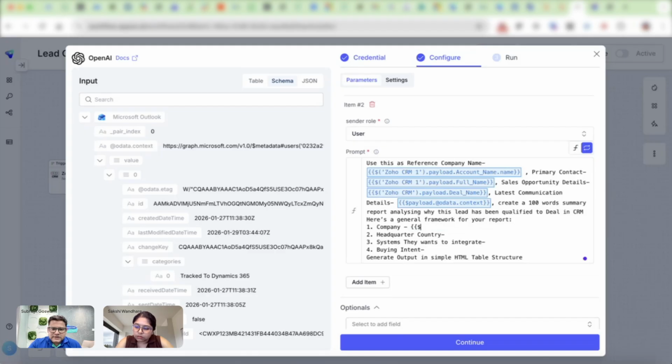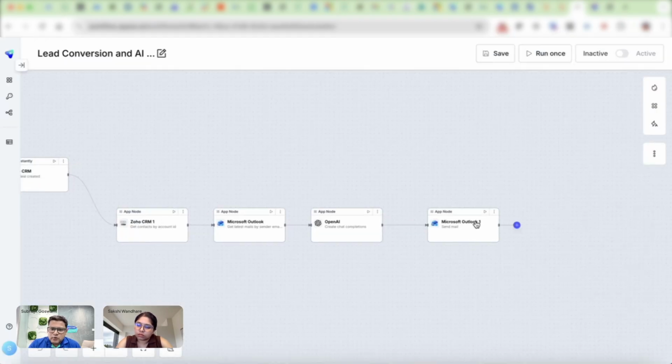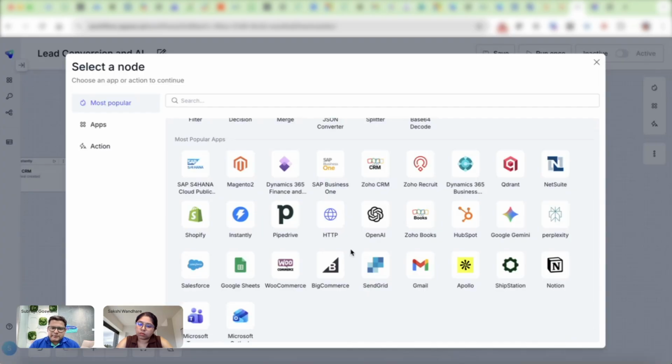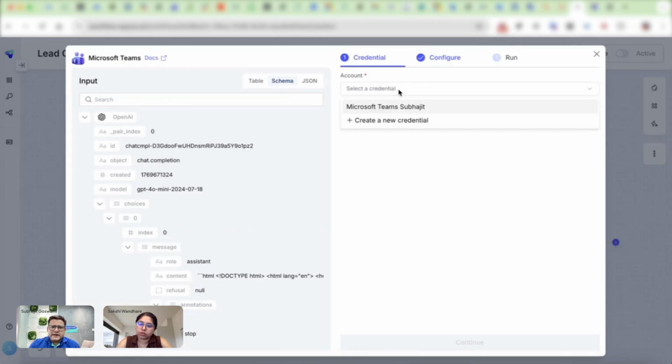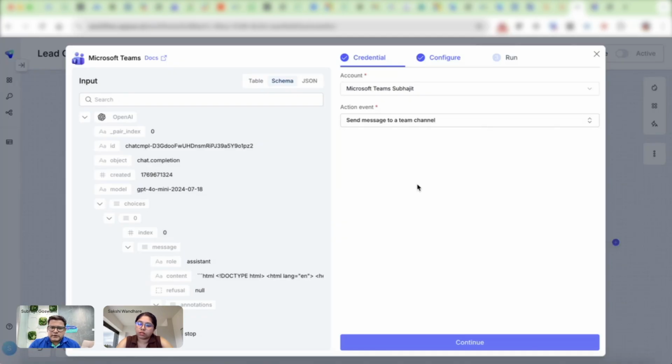Any functional person who has a basic understanding of CRM can easily design this workflow by themselves. Getting or placing a node here, I'm using Outlook. If I do not need Outlook and want to send a Teams notification, I can easily use a Teams notification. So create a summary based on the last 5 emails for a new lead which is converted, and then send me a message in a Teams channel, a chat group or a one-to-one chat, whatever I want.